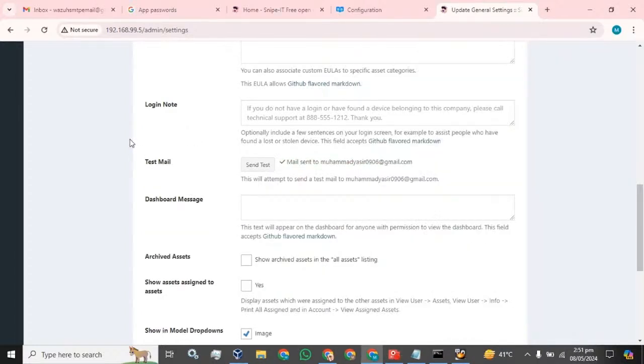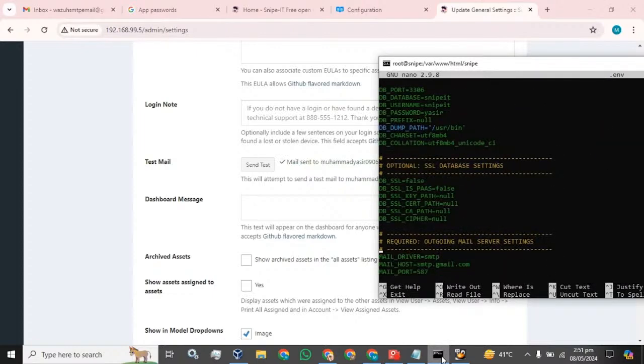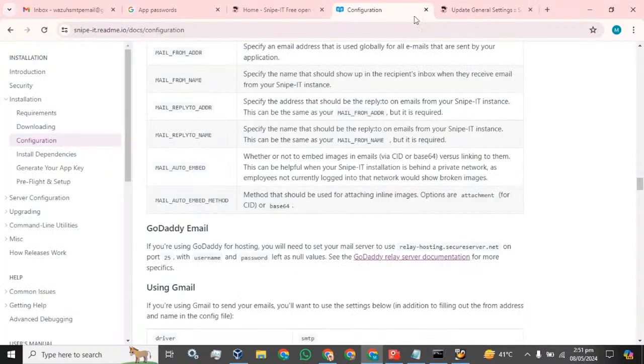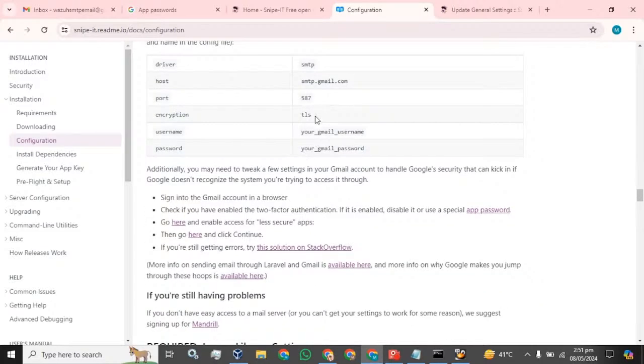Through the troubleshooting, I have figured out it was my Gmail address error. And before that, let me show you something that you have to do in the configuration. I forgot to add TLS on this mail encryption. Here you can see it is saying null, but in the below configuration it is showing that we have to change the encryption by